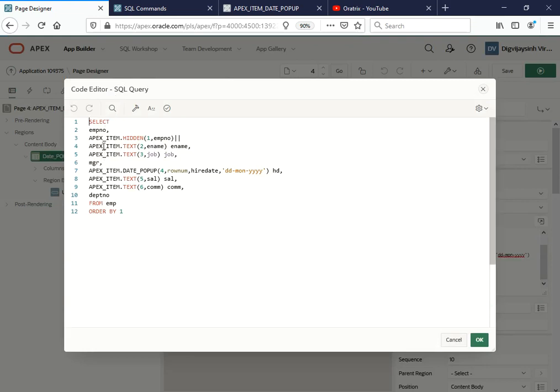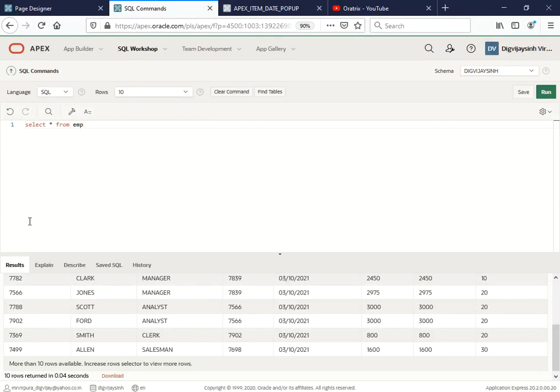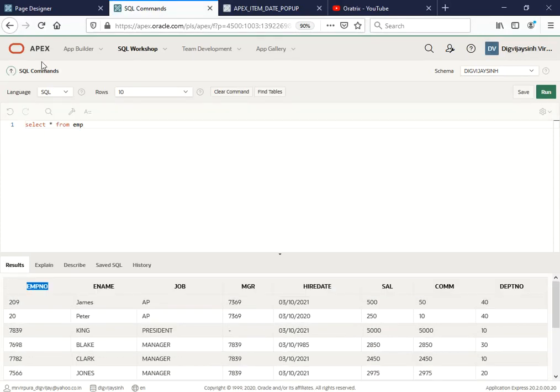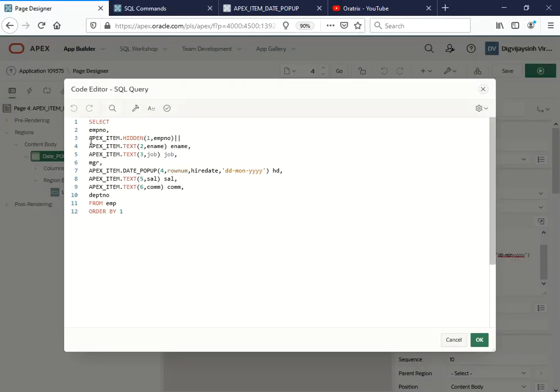So let's understand what we have done here. Select EMP number, so that was the first column. Then we have written apex_item.hidden for EMP number, right? I don't want this EMP number to be visible at runtime.